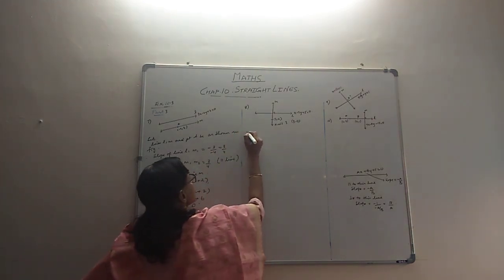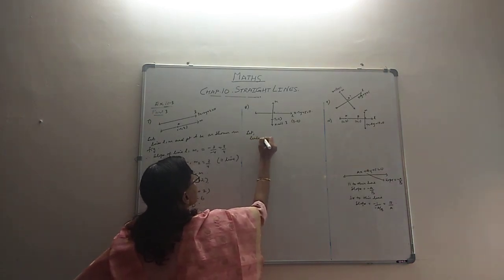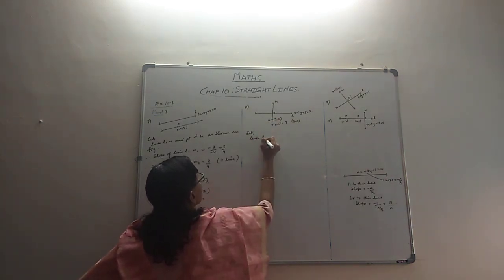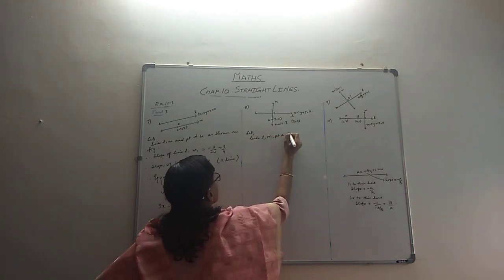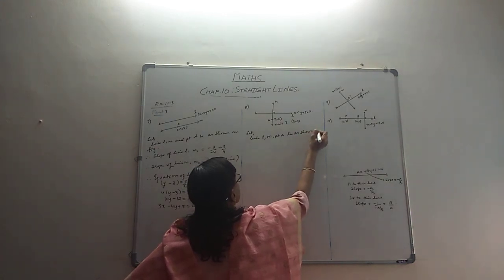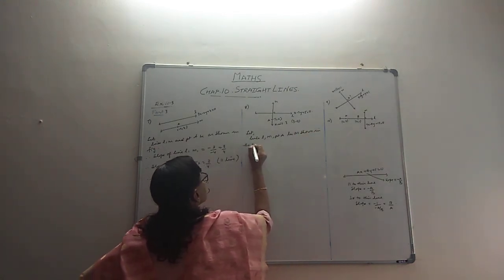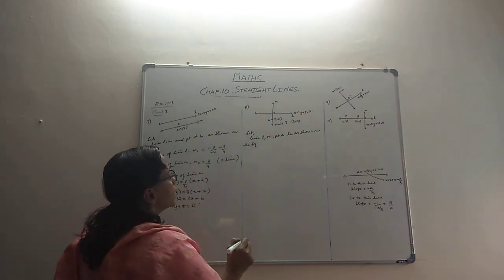So let's use the slope concept that we derived there. So let lines L, M and point be as shown in the figure, and then